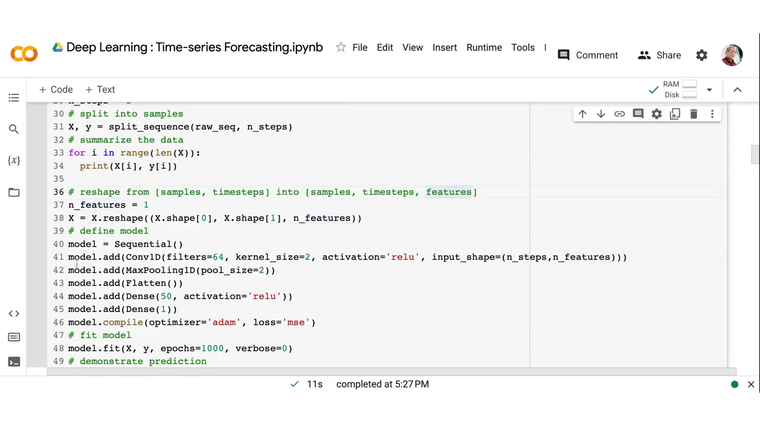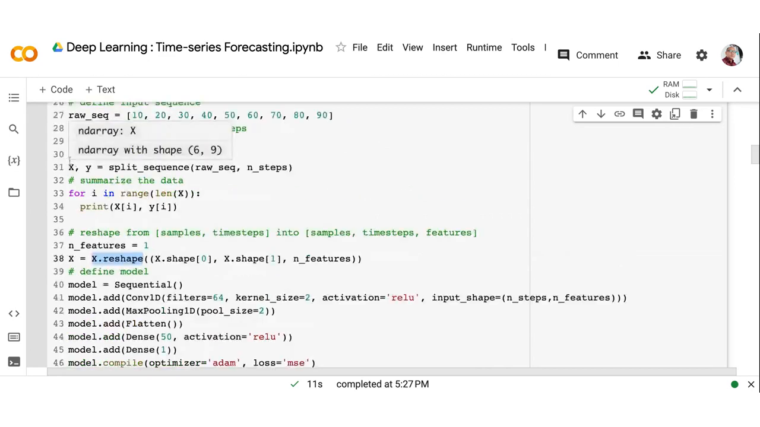And for this, we need to provide the length or the number of features that we have. And in this case, we are just initializing the number of features is equal to 1. Okay? And we also need to reshape our X. We need to reshape our X. Remember that here we have